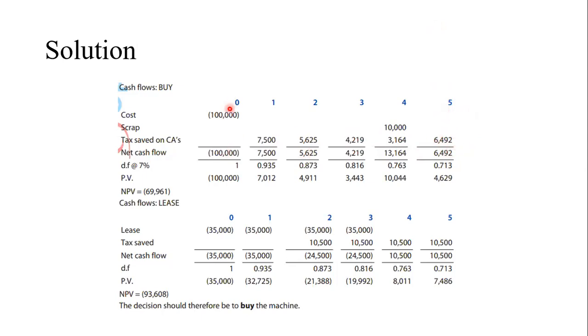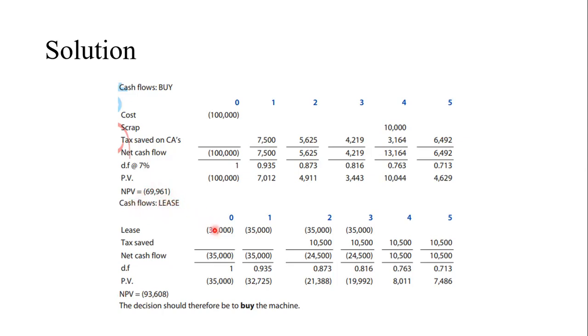So after doing this, you now add and get your net cash flows. Once you are done with the net cash flows, you discount at 7%, which has been given in the question. You calculate your discount factors, and then you multiply your discount factors by your net cash flow. That gives you your present values. And then you derive your net present value. So this is the net present value, NPV. If we decided to buy, this is what we're going to get. Negative